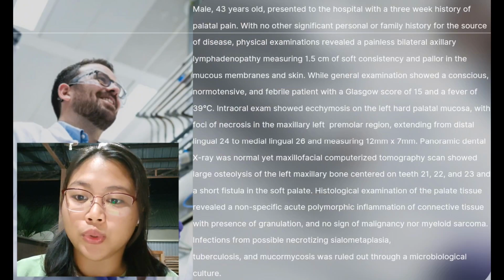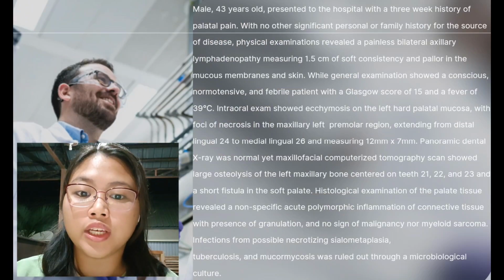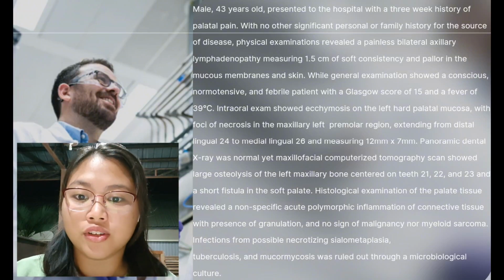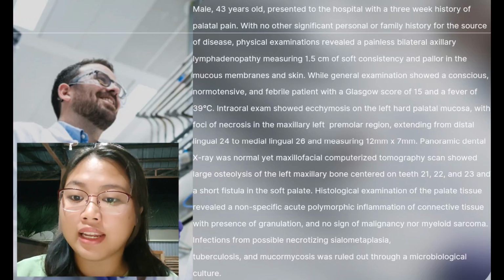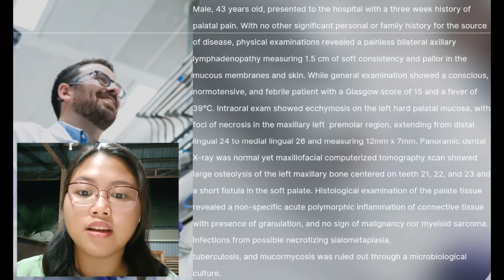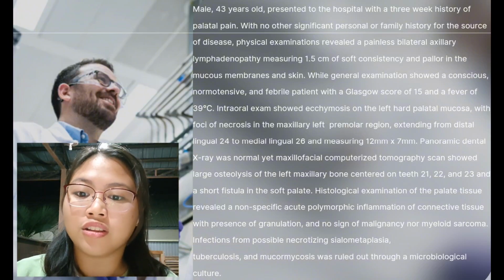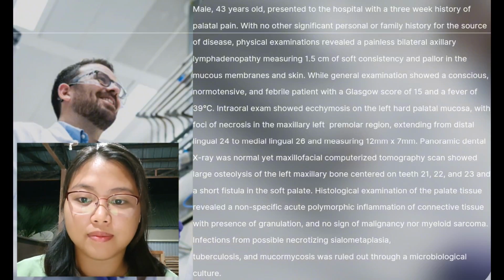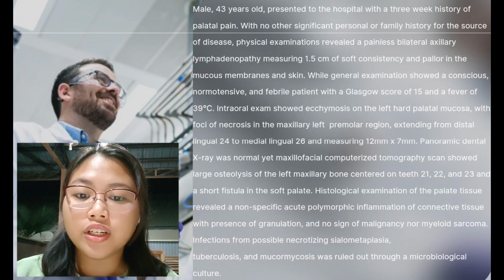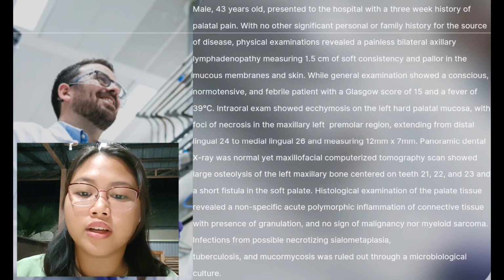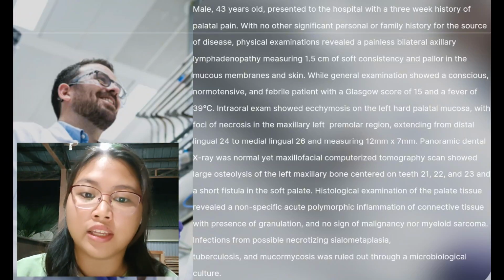The case description contains a male, 43 years old, who presented to the hospital with a 3-week history of palatal pain. With no other significant personal or family history for the source of disease, physical examinations revealed a painless bilateral axillary lymphadenopathy measuring 1.5 centimeters of soft consistency and pallor in the mucous membranes of the skin. While general examination showed a conscious, normotensive, and febrile patient with a Glasgow score of 15 and a fever of